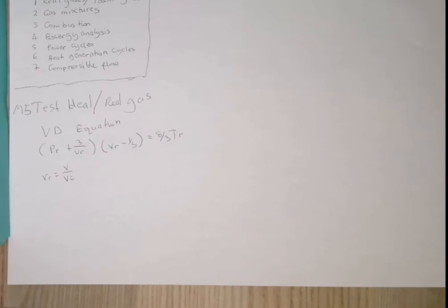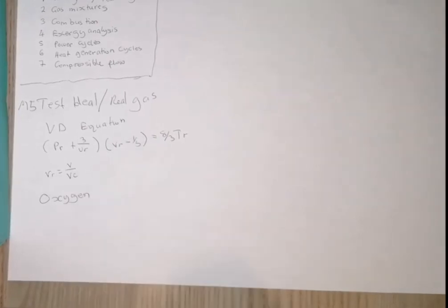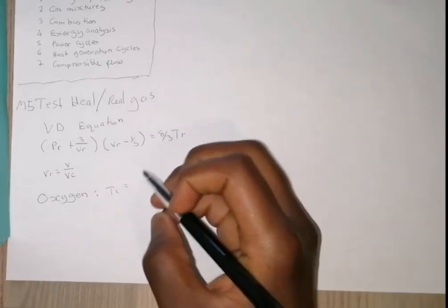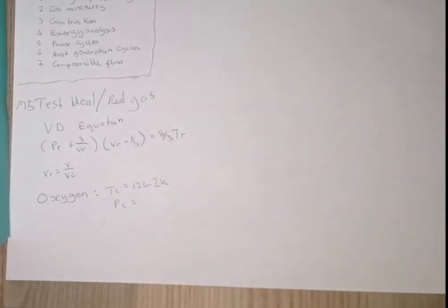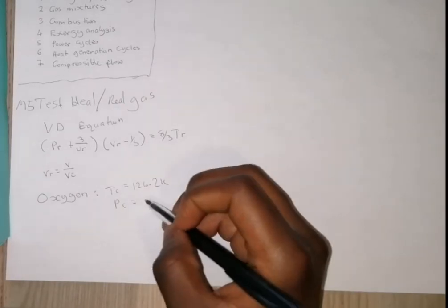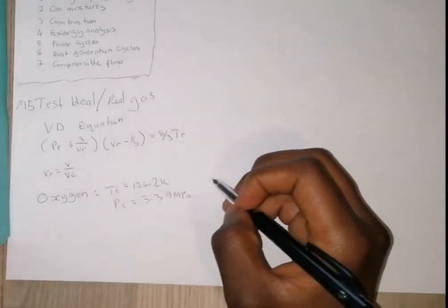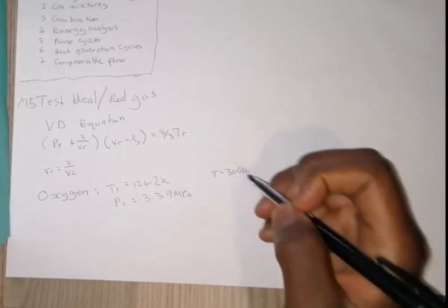Okay, so now we're going to do an example using the compressibility chart. We're going to look at oxygen. When you look at table A2, the critical temperature is equal to 126.2 Kelvin. The critical pressure is 3.39 megapascal. Then the values we're going to use are a temperature of 300 Kelvin,